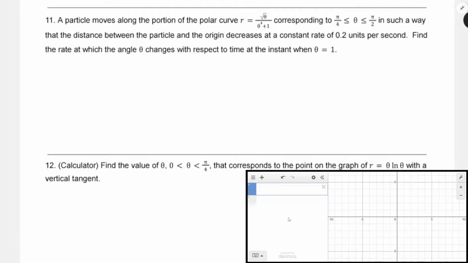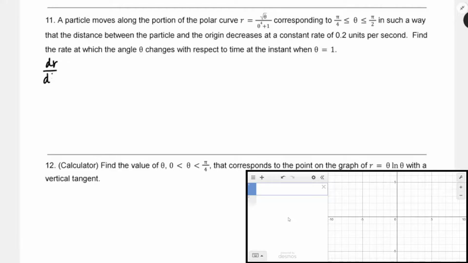Yeah, the distance between the particle and the origin decreases 0.2 units per second. That's going to be dr dt is -0.2. And we can see that between pi over 4 and pi over 2, r is definitely going to be positive because it's a positive number in the numerator and a positive number in the denominator. Okay, so it's going to be positive everywhere it's defined. So I'm going to say, all right, once again,